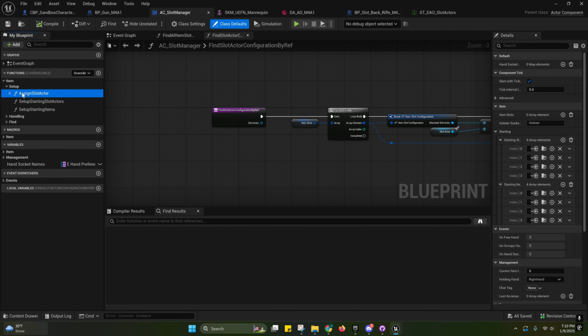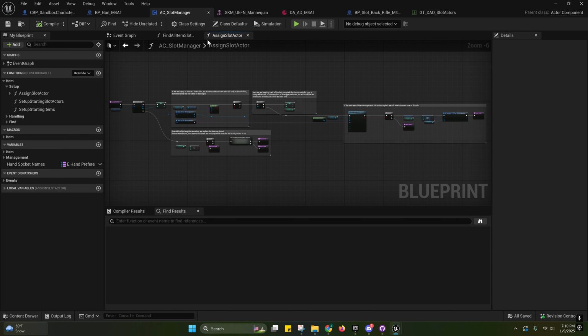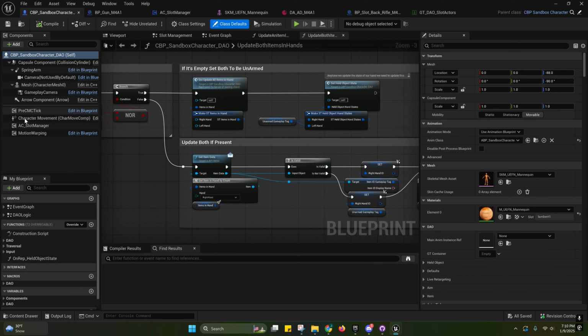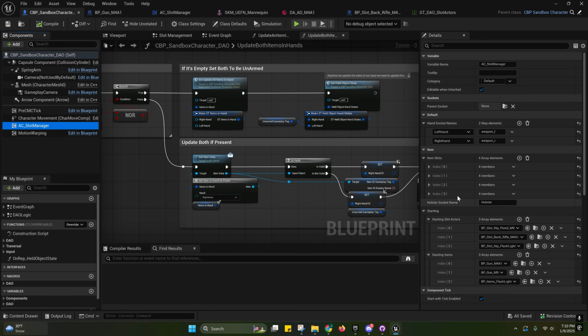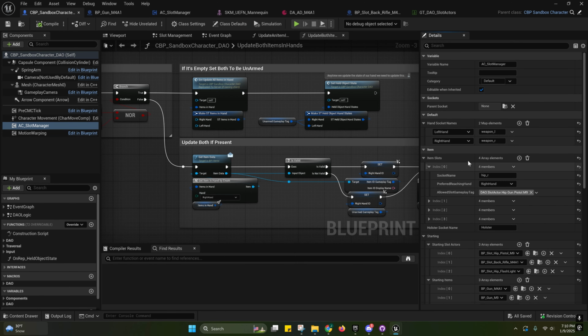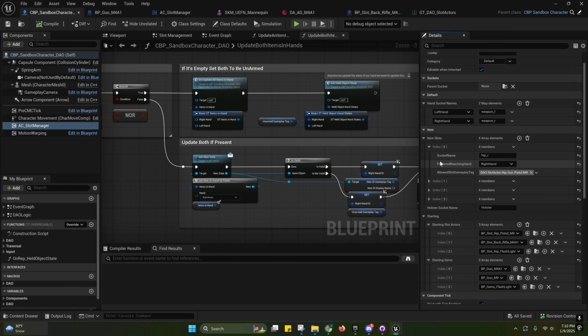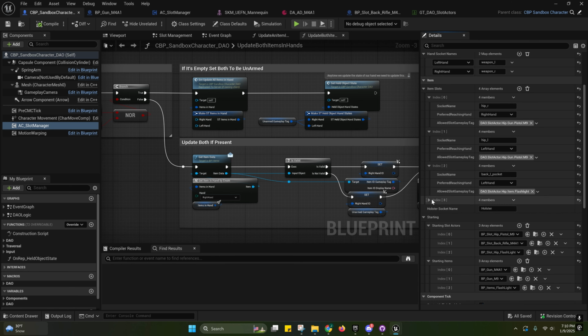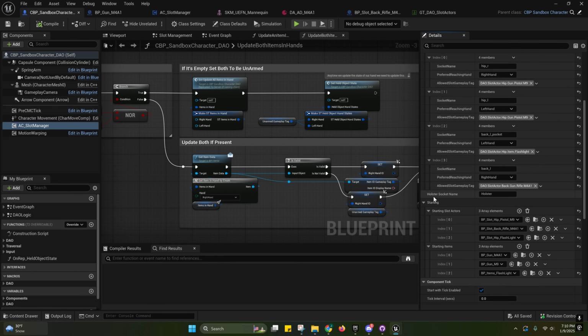So if I go to set up assign slot actor, this is what gets called whenever the slot actors get attached to a slot. And the slots are on your character blueprint, your AC slot manager. By default, this item array is empty. I'll probably go ahead and fill those out as defaults, but you can always clear those if you don't want those to be default values. But anyway,